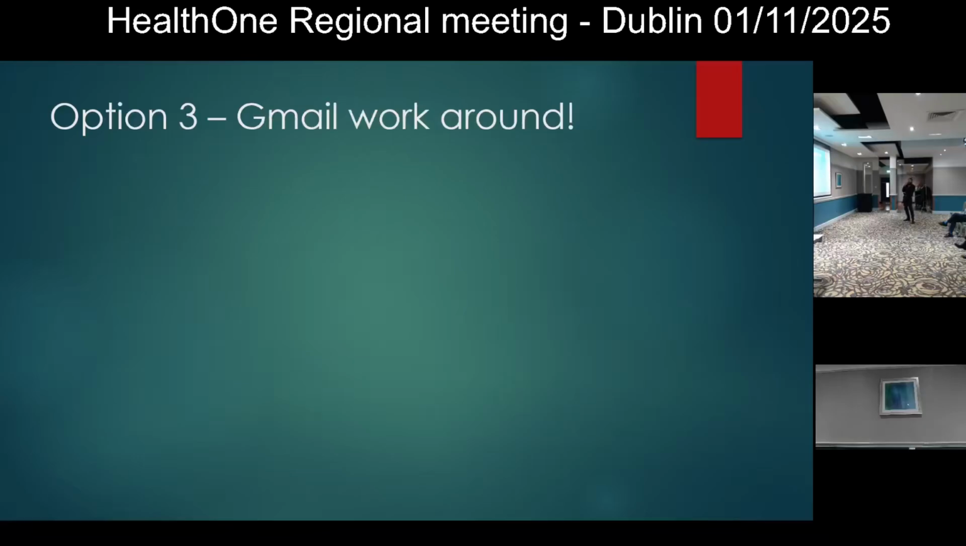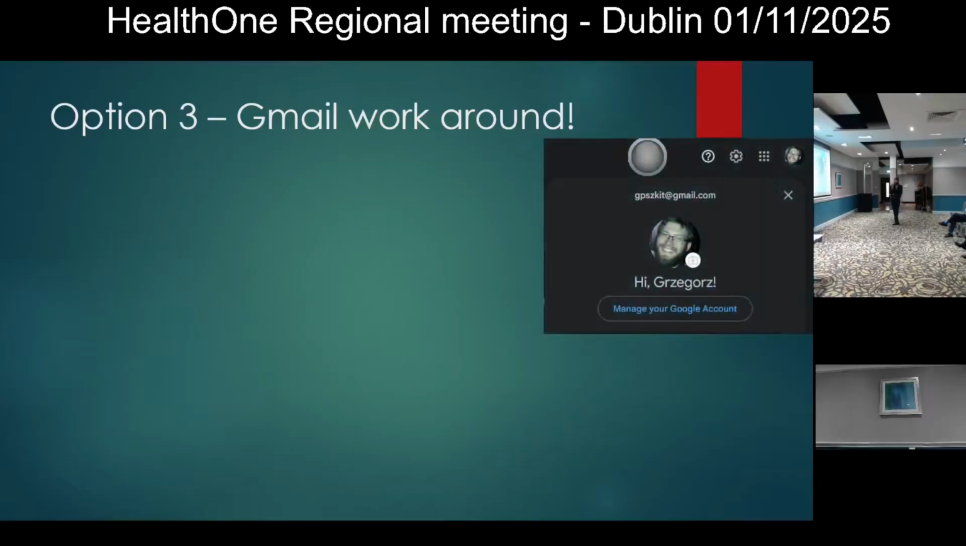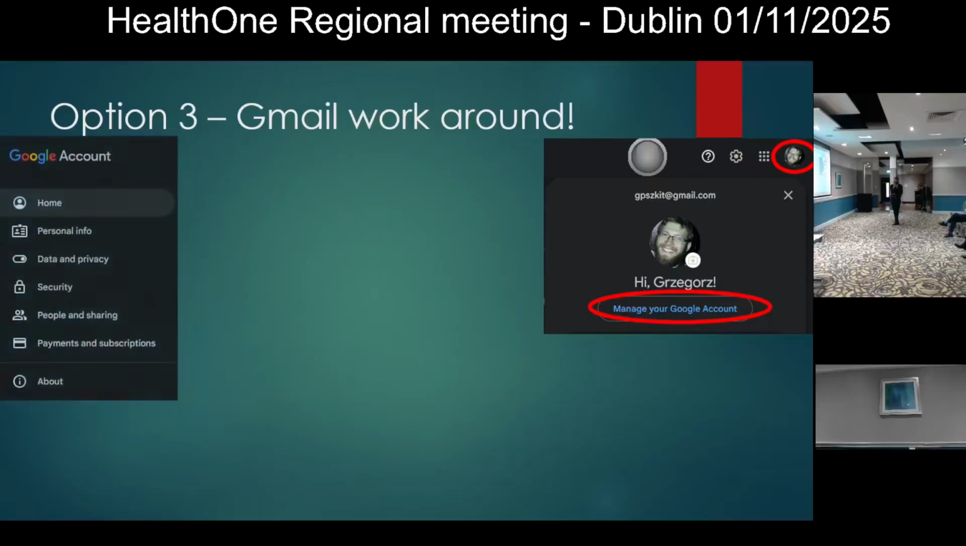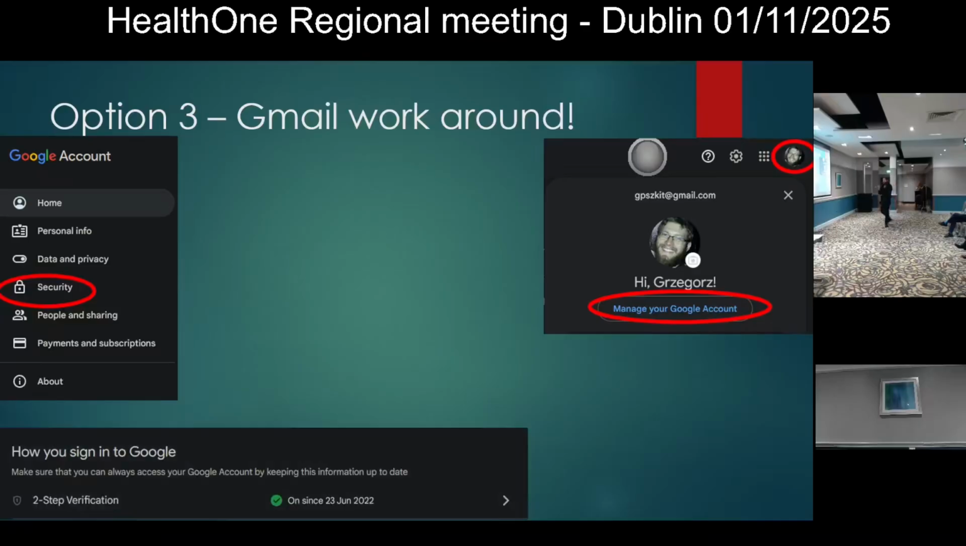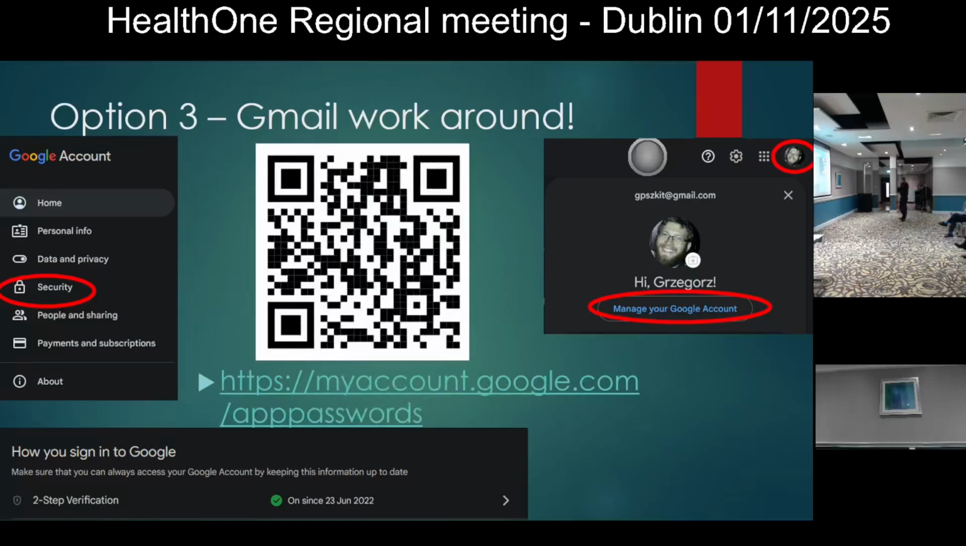And then option number three, if you still are not convinced by what I said and you want to use Gmail, that's fine. That's up to you. There is a way to go around it. So if you log into your Gmail, and similarly to Health Mail, you go to your icon, you go to Manage your Google Account, and you go to Security there. For that to work, you have to have two-factor set up already. So if it's not, you have to activate it, create your two-factor. You can use your 2FAS app for your phone if you want to. And once this is activated, you go to that web page,